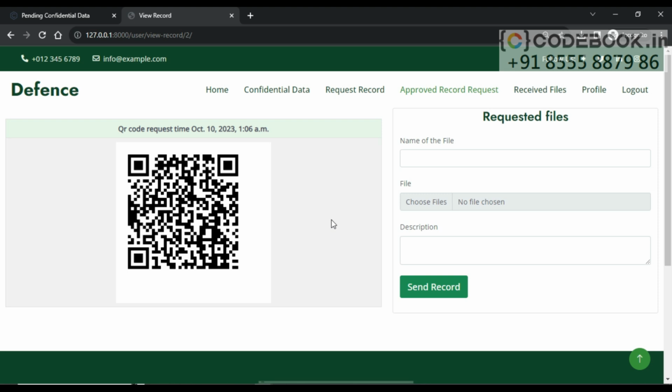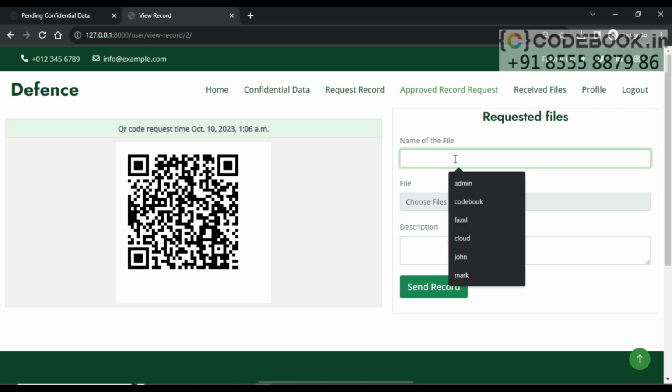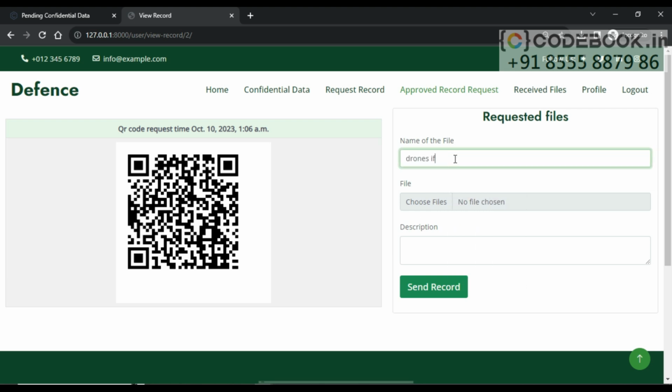Let me scan it on my mobile phone, and I have already scanned and I can see the data here, like department DRDO, title is drones info, description I need this file for my research. So this information is displayed when I scanned this image file. Okay, now name of the file, what you want, you can give here, drones info